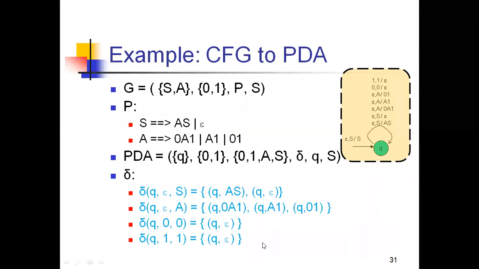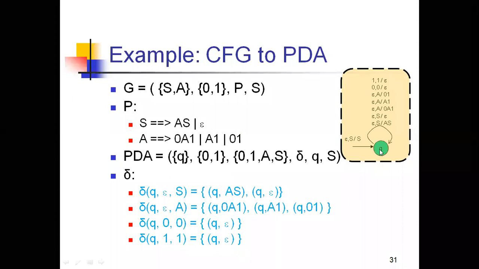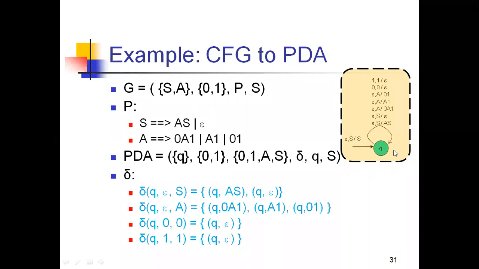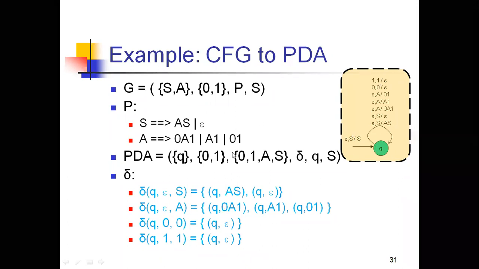Is it clear to you all? Please make a note of this example along with the transition diagram. I'm giving you 5 minutes of time, please make a note of this example. Put a heading, conversion from CFG to PDA, and note down example number 1, where G is equal to, note down these two tuples and note down the productions, as well as note down the PDA from the G, and finally give the transition rules for the PDA conversion. And finally, these are the 4 transition rules that we get from the given grammar. And you need to show the transition diagram also. These are the rules, and from the design rules, we represent the transition diagram. Right. Make a note of this example.